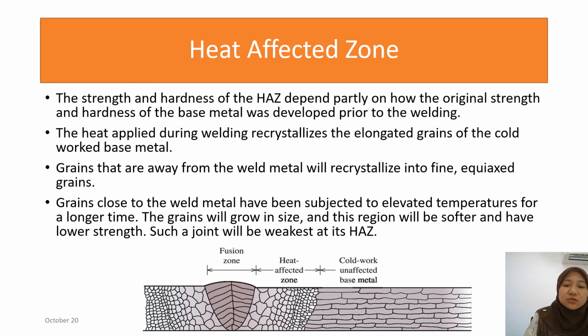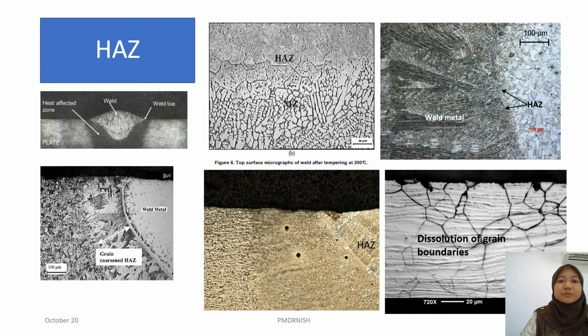Okay, but it does not happen all the time. In some cases, there is not even enough time to form any grains. Thereby, you see only a grey big area without any grain boundaries. So this is where the weakest points of the weldment are, normally in the heat affected zone. So these are some figures which show the heat affected zone. So in this picture, the dark grey area is the heat affected zone.